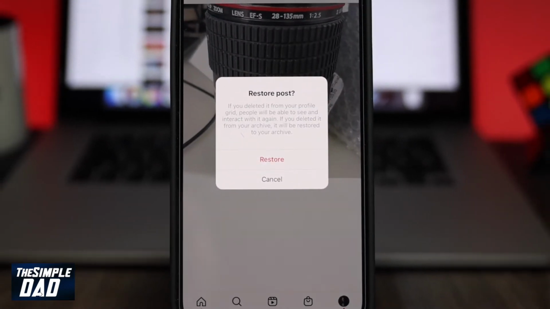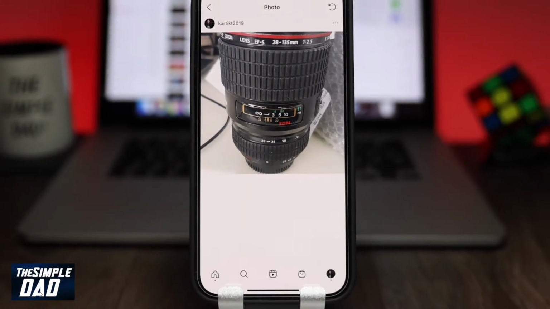Hey everyone, in today's video I want to show you the new update from Instagram where you can now restore